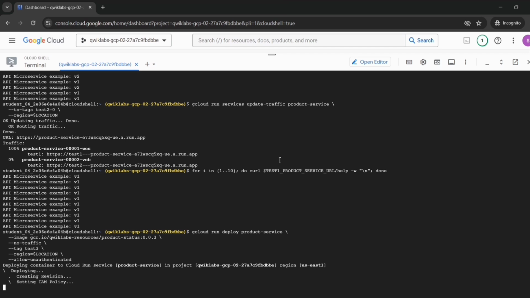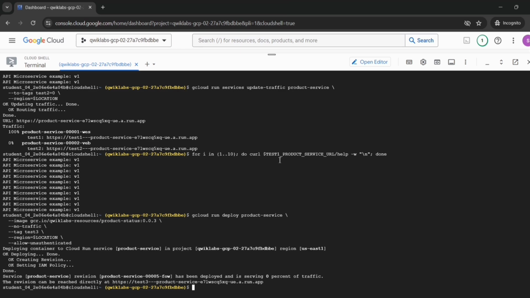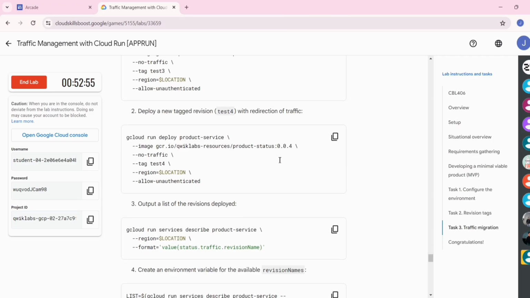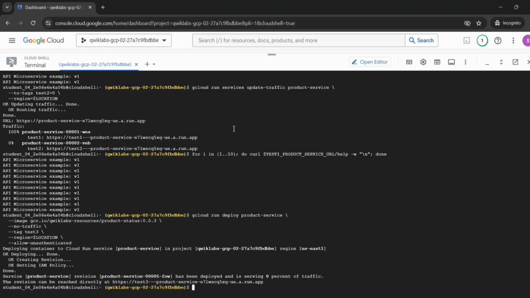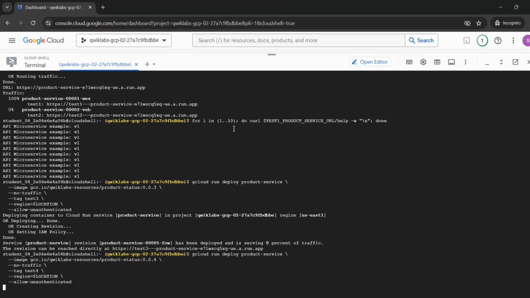Now it is deploying a new tagged revision test 3 with the redirection of the traffic. Now go back to the lab instructions, copy the second command, paste it here and press enter.